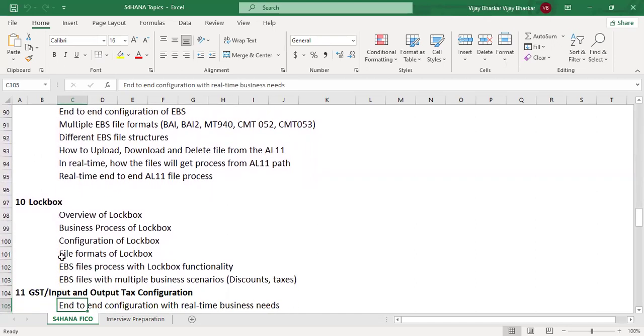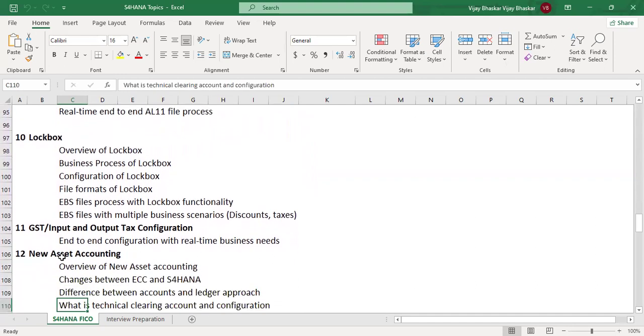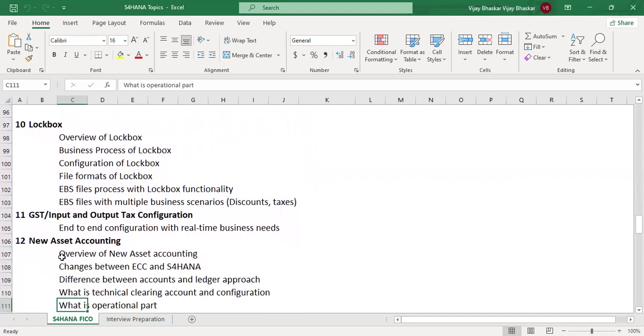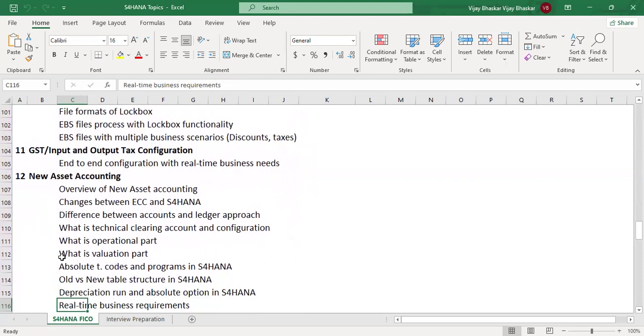Then after that, GST as well as input and output taxes, then new asset accounting. So in new asset accounting, what are the changes between ECC and S4 HANA and how it is going to work, we will see. Then what transaction codes were obsoleted and what transaction codes replaced them,